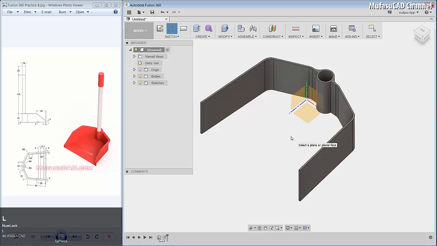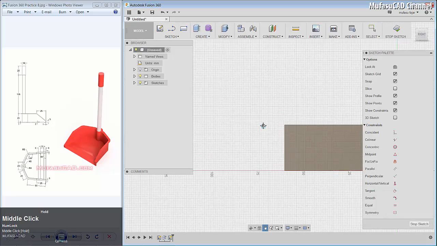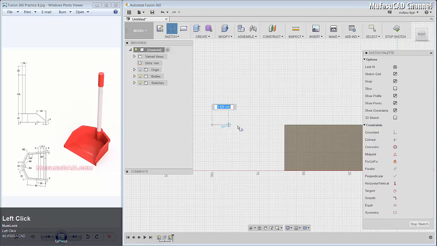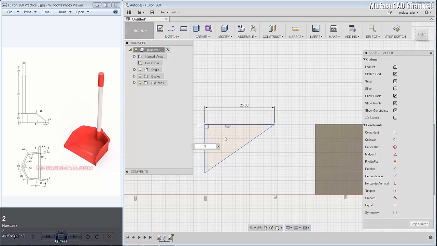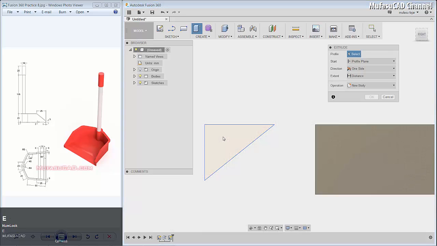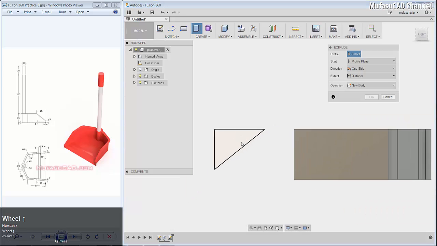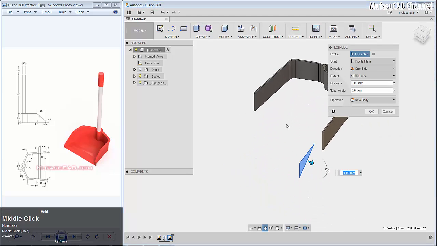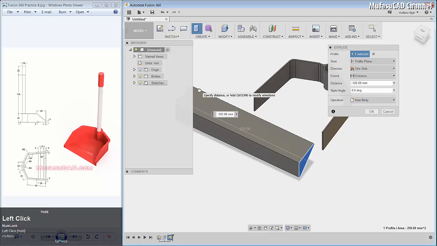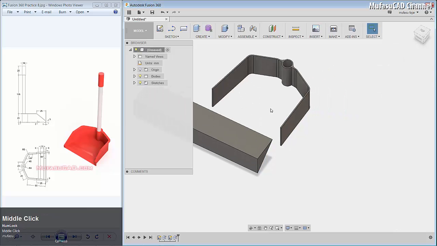And we create a line. You can select this face. We create a line from here to the right here, to the bottom here, and connect to here, and give a dimension for this line object about 25, and this line object about 20. Use the extrude command, and I will extrude this face. You can orbit to rotate the drawing and extrude in this direction, and OK to finish.